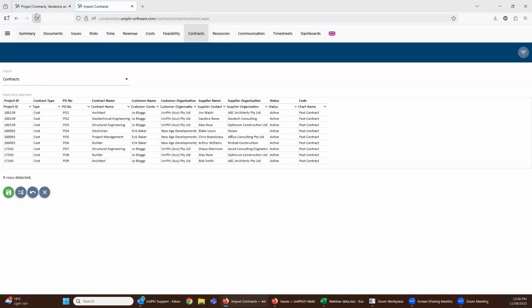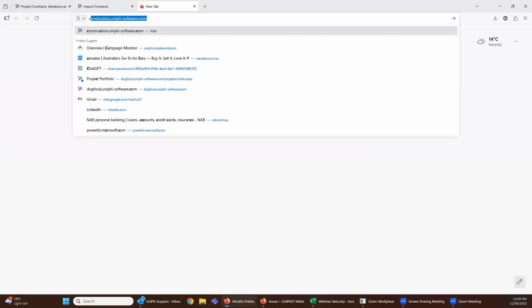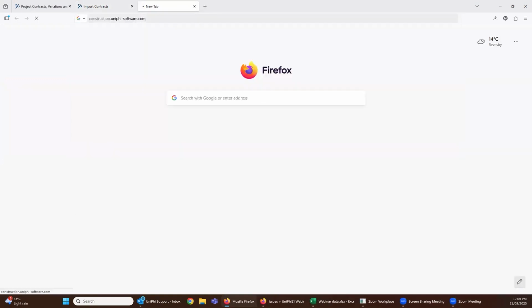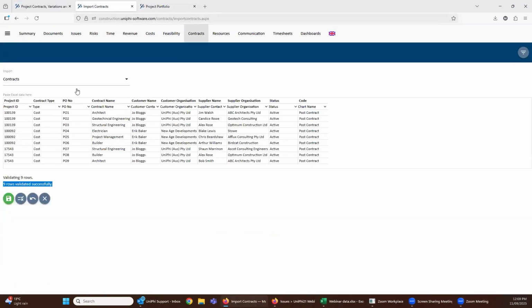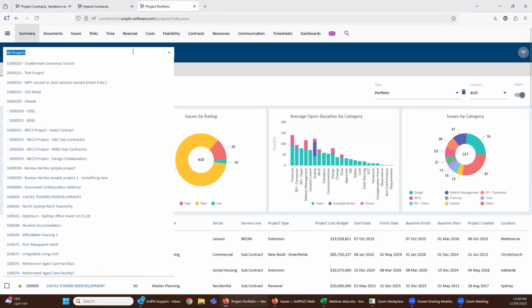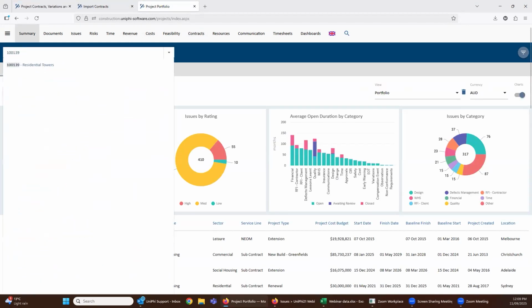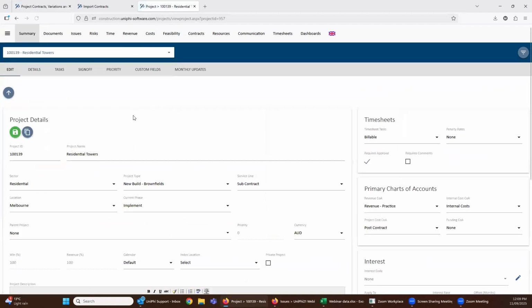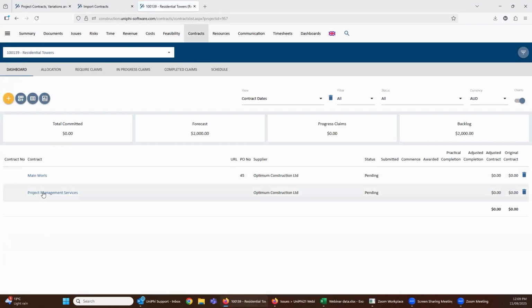The one's called construction. That was dev test. And I click validation and it says 9 rows validated. Before I hit save, I better sort of prove up the concept a little bit. So we've got some project numbers here, 100139. If I go to 100 residential towers, and I go to the contracts module, you'll see we've got a main works contract and a project